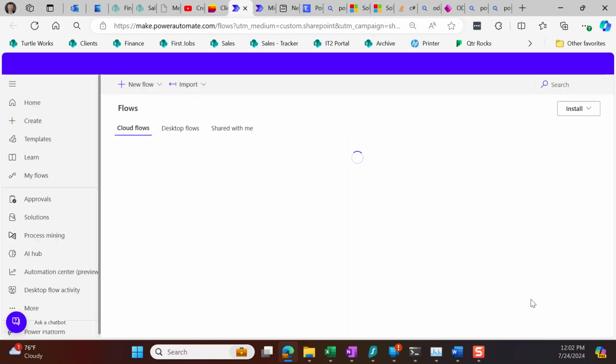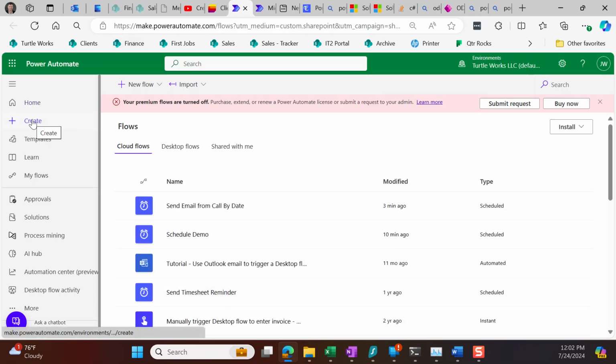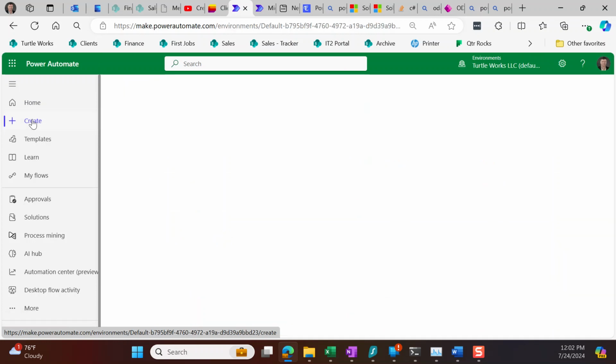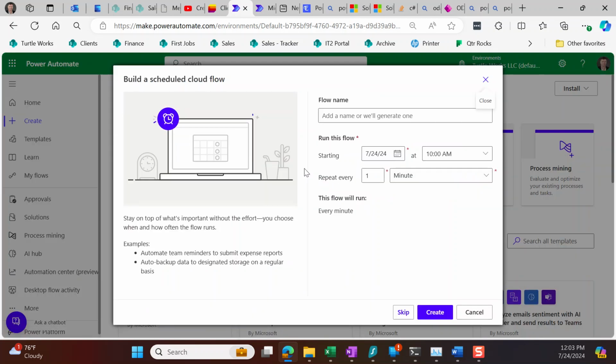Let's wait for that to render. It's going to take us straight into Power Automate. All we have to do is click Create over here on the left. And then at the top will be suggested some templates, and this scheduled cloud flow is the template I'm going to grab. We're going to call this schedule for demo,